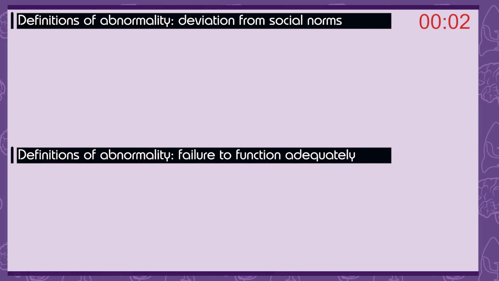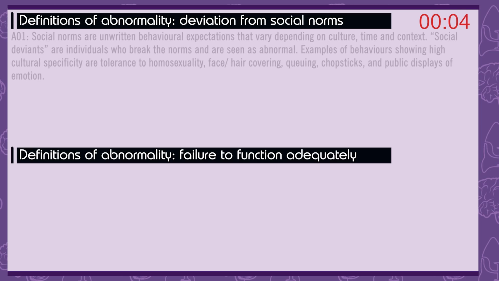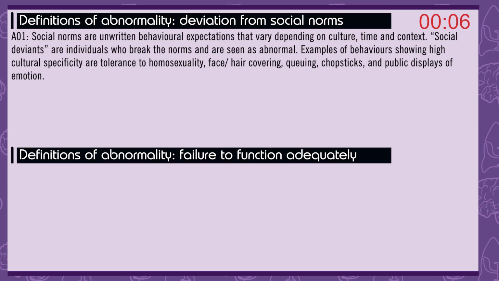Definitions of abnormality. Deviation from social norms. Social norms are unwritten behavioural expectations that vary depending on culture, time and context. Social deviants are individuals who break the norms and are seen as abnormal. Examples of behaviours that are highly culturally specific are tolerance to homosexuality, face and hair covering, queuing, chopsticks and public